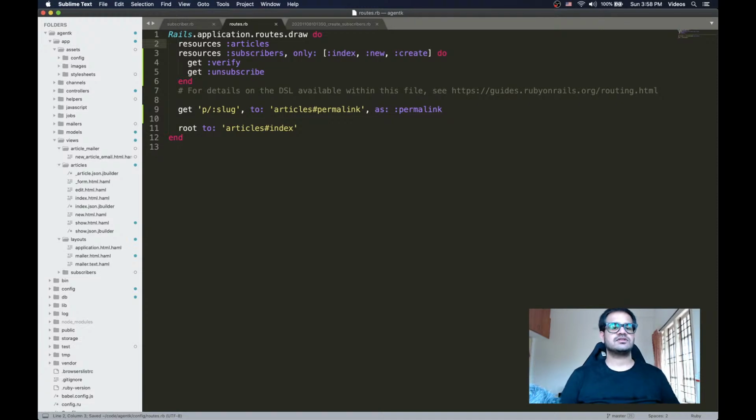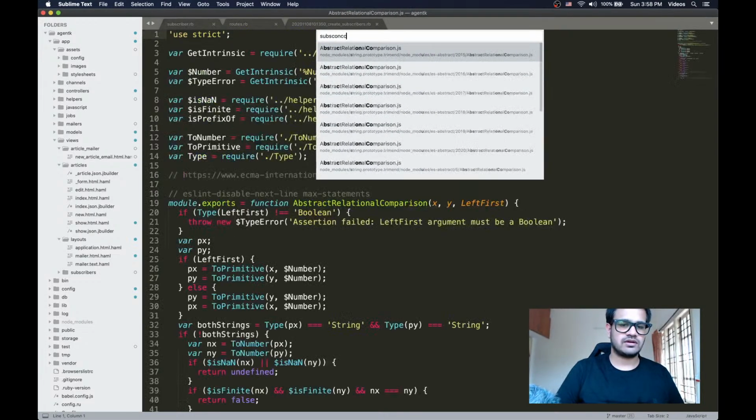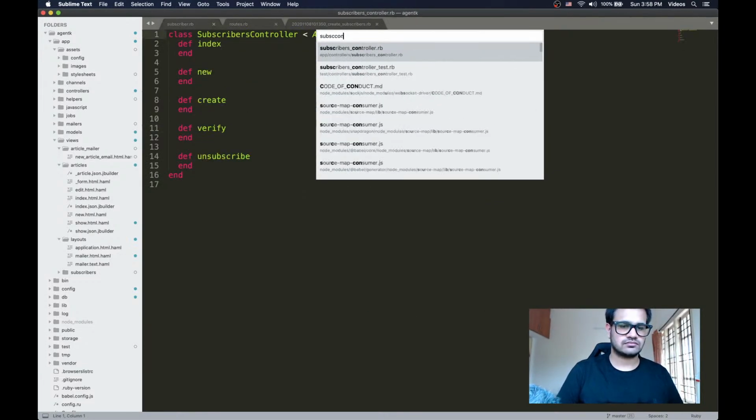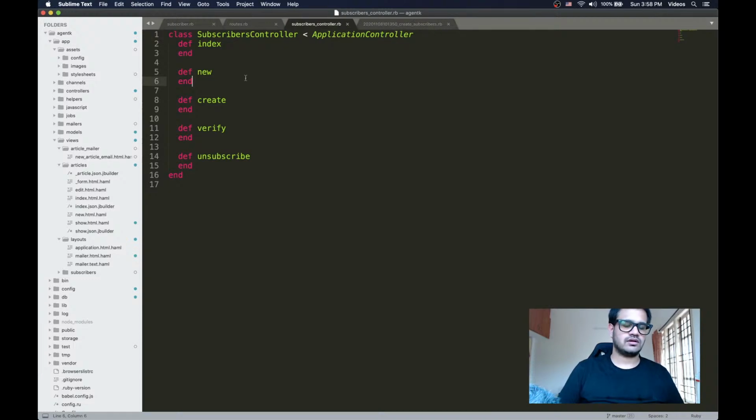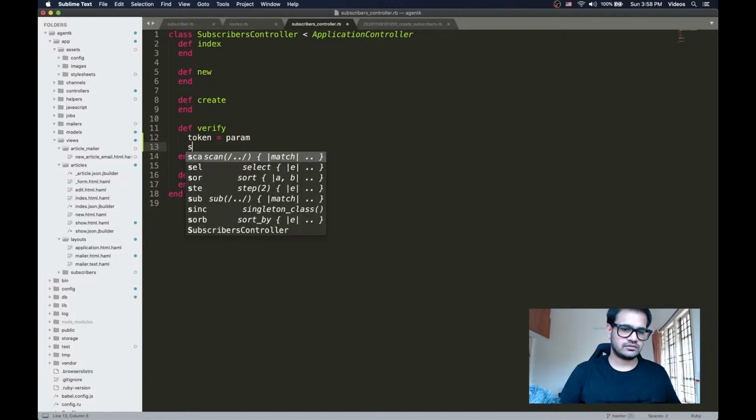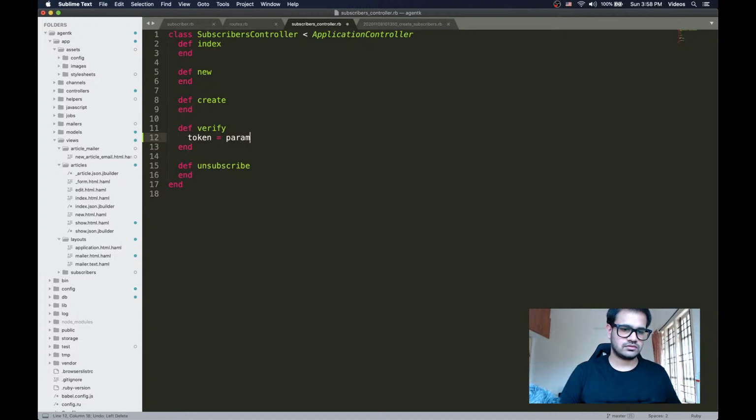Okay, so these are the things that I can do with a subscriber. So I'll go to the subscriber controller. In the verify, what I'm looking for is token is equal to params token. Now I'm looking for subscriber.find_by